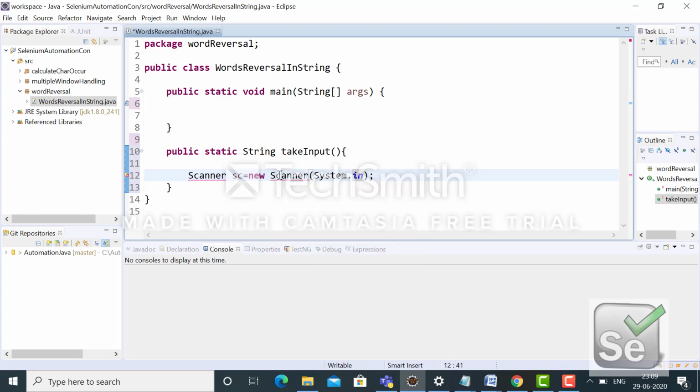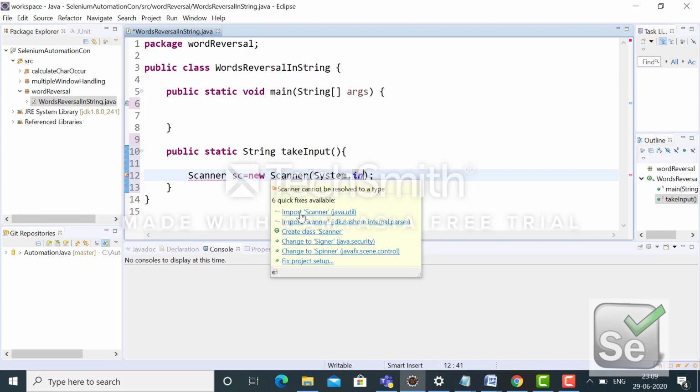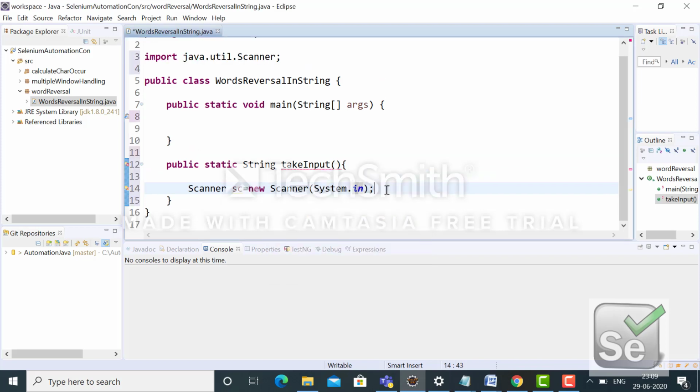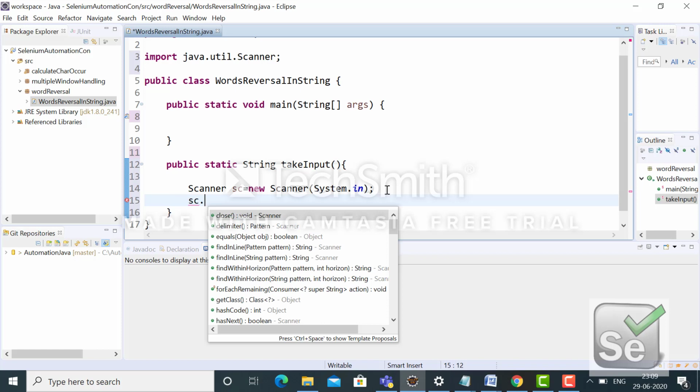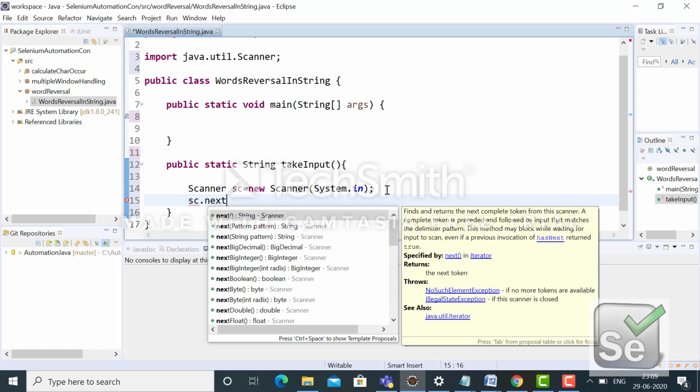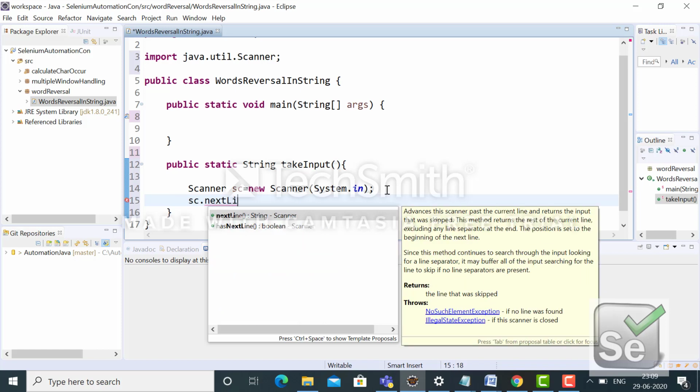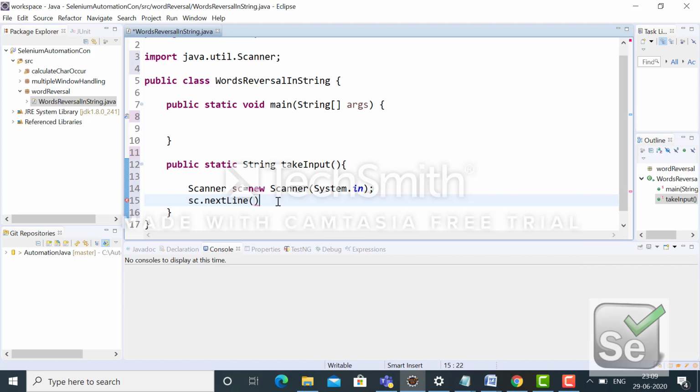This Scanner class is in the java.util package, so I have to import that java.util package. There is a method called nextLine. It will return one string, str I'm taking, and I have to return the same string.